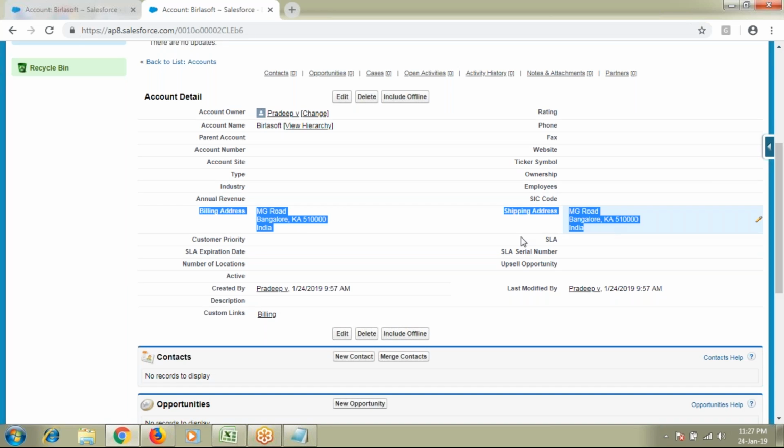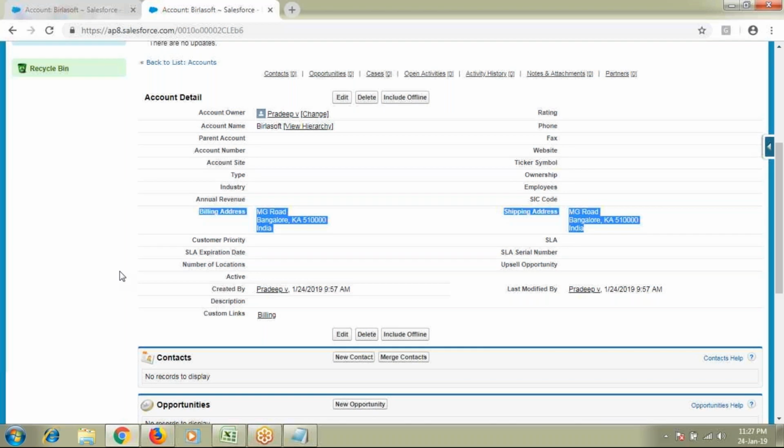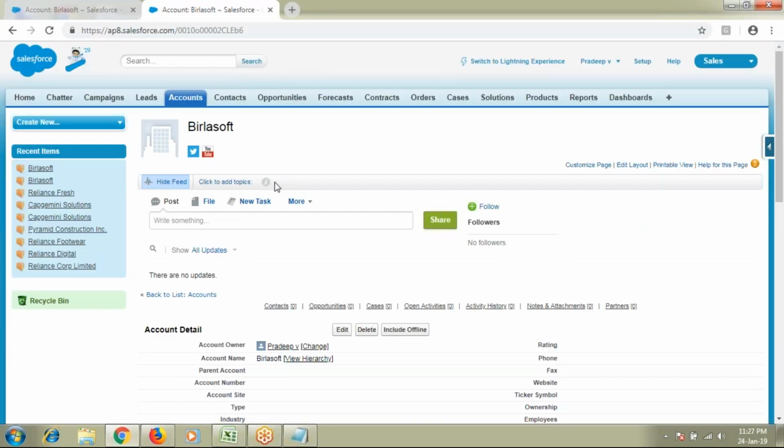Now the requirement is, we have two different records with the same customer name. After we realize that, these two records are actually the same customer. They are not duplicates, but actually the same customer.